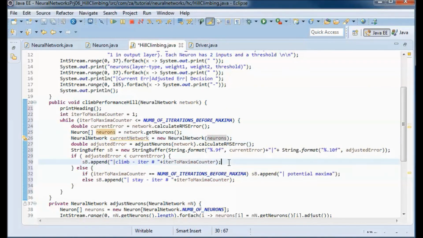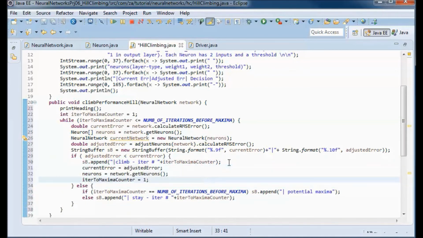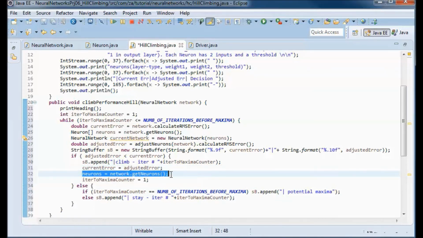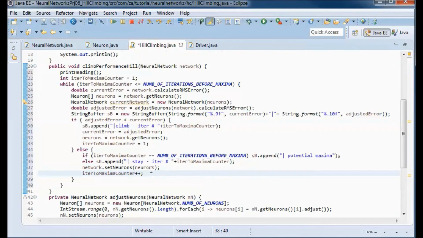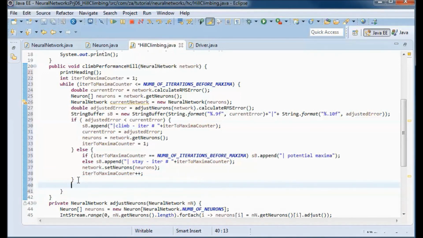And in the case where we are climbing the performance hill, the current error becomes the adjusted error, and the neurons become the network.get neuron, and we go back to 1 for this index, and here we set the neurons and we increase the index. And let me do a print row here.